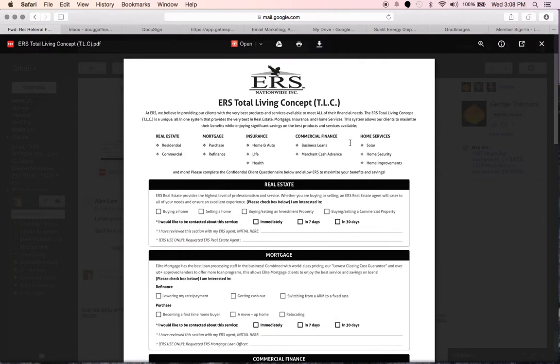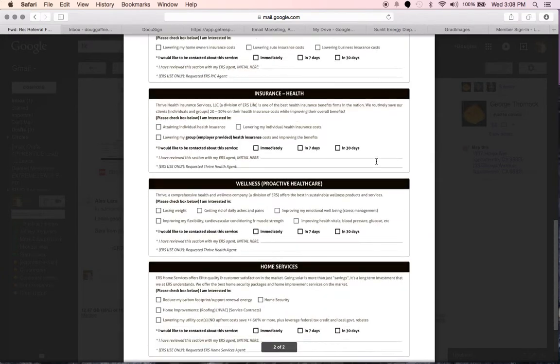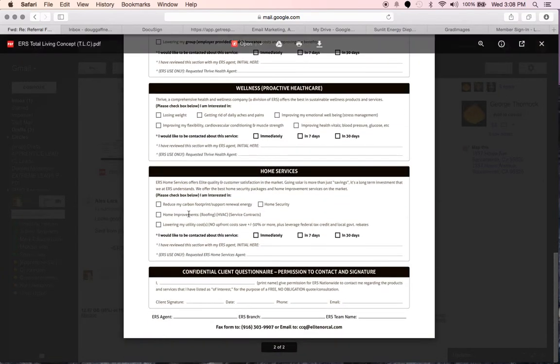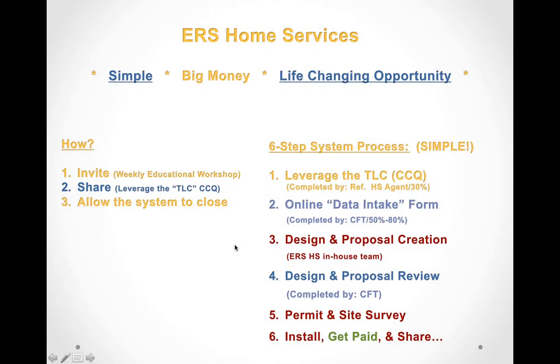You scroll down here to home services. Options would be solar, home security, or home improvements. That client would therefore complete one of these areas and check one of the boxes. If they just so happen to check here, reduce carbon footprint, support renewable energy, or lower my utility cost, that information will be submitted to the right department, and we would get that information and we would move on